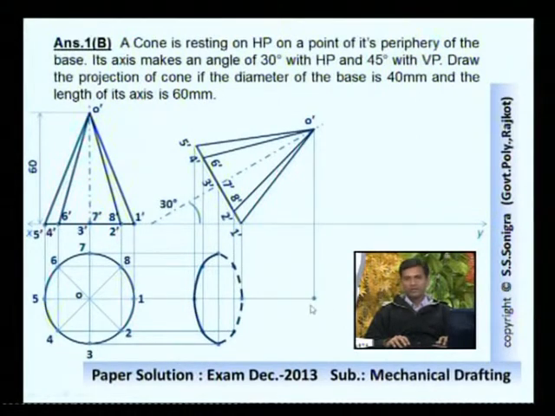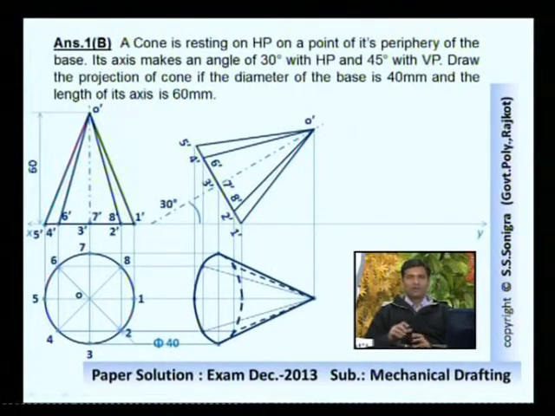Now this apex point should be joined to this elliptical shape with the straight line in such a way that this line is tangent to this ellipse like this. So these two lines are drawn not to this point, but they should be drawn in such a way that it becomes tangent to this elliptical base. These are the generators over its elliptical base, and this base is not visible, hence these generators will also not be visible, hence join with the dotted line. And this is apex point O dash and O. Now the second step is clear over.